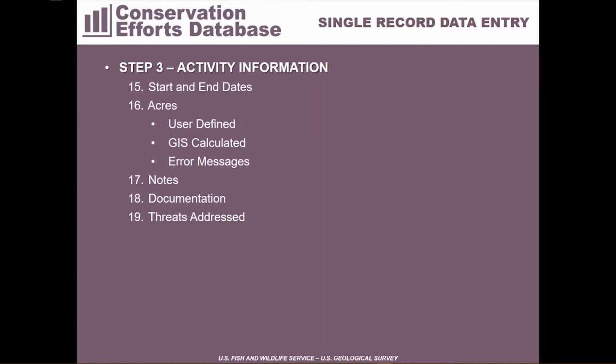You will see a warning that says, reported acreage metric value is X number of acres based on the GIS calculation, and a certain percentage less or greater than your GIS calculated acreage represented by your spatial input. Please ensure these values represent the correct area where the conservation action was implemented. We caution including adjacent acres that may have received indirect benefit if they are not included in the project or treatment area. In other words, we would like your GIS acres and your reported acres to match as closely as